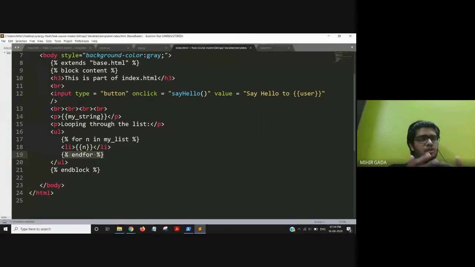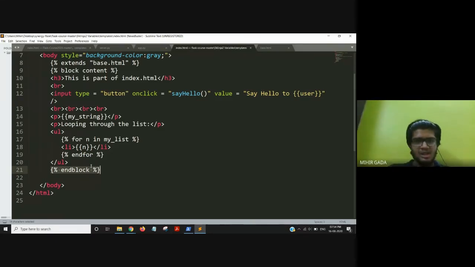It is important in Jinja that wherever you use a for loop, or in future if you use if and else, we have explained if and else in our document also, and we have provided links so you can understand it in a better way. To use all these, we should always have a start, but more importantly we should always have an end. So you can see it is end for or end block. This Jinja helps you to manage your content dynamically. I hope you understand the importance of Jinja, and you can use Jinja effectively in any app.